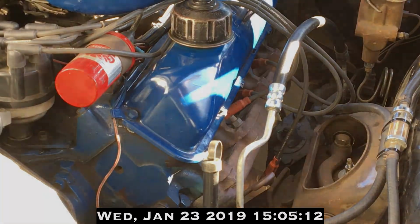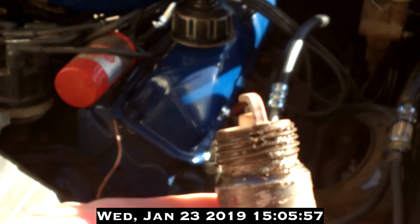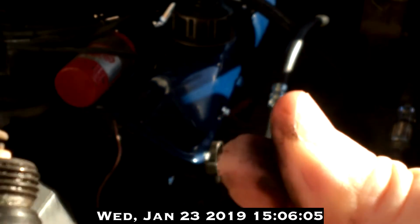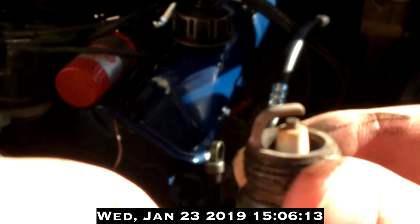See what we got. Well, my consensus on this is that it looks awfully oily and grimy in the threads. Let me turn the color temperature down a little bit. Look at that. Real grimy on the threads. And very ashen and dry at the prong. Now this leads me to believe it was running hot,